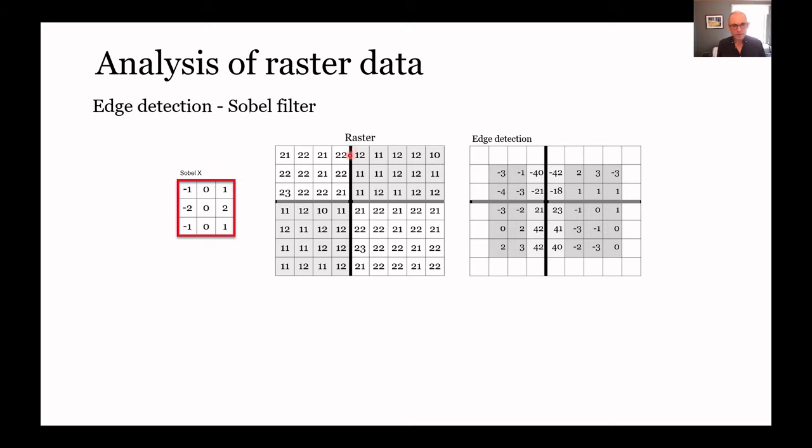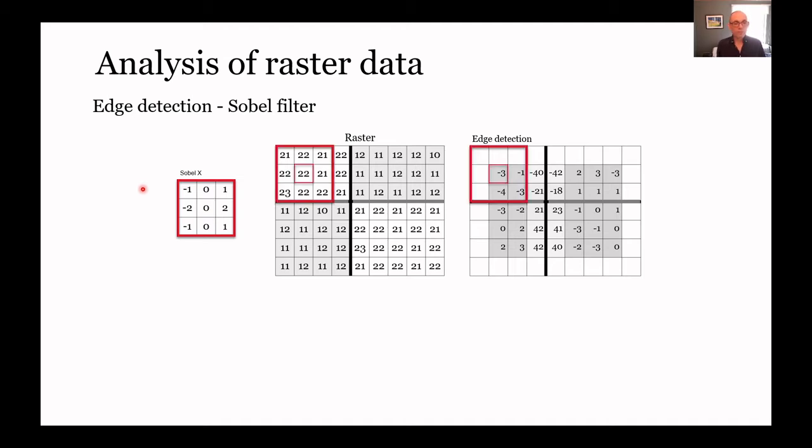We're going to look at trying to find this edge, which we could see, but how does that exist for the computer? Well, in this example, we're going along here, along the x-axis, so we can use the Sobel X. Sobel is an edge detection filter. There are many different filters for this job, but we'll just examine the Sobel, and it looks like this. So we're going to apply this window, and move it over the image again, as we did before with calculating the mean, but this works slightly differently